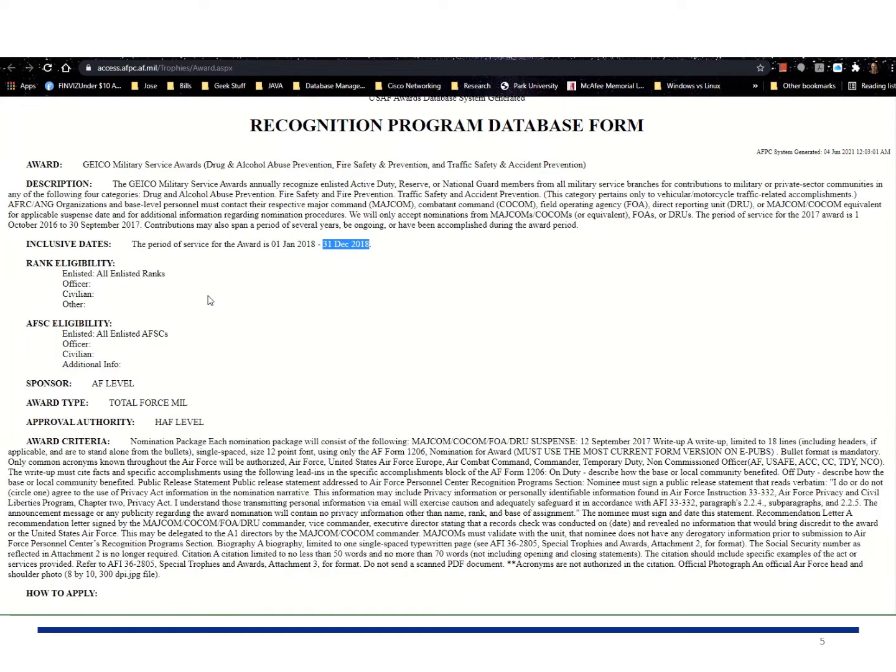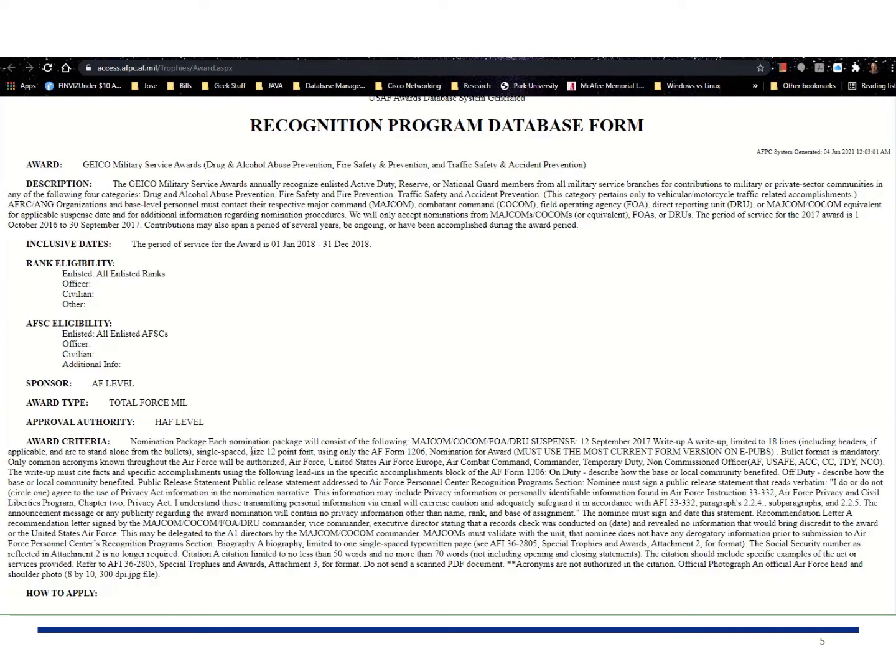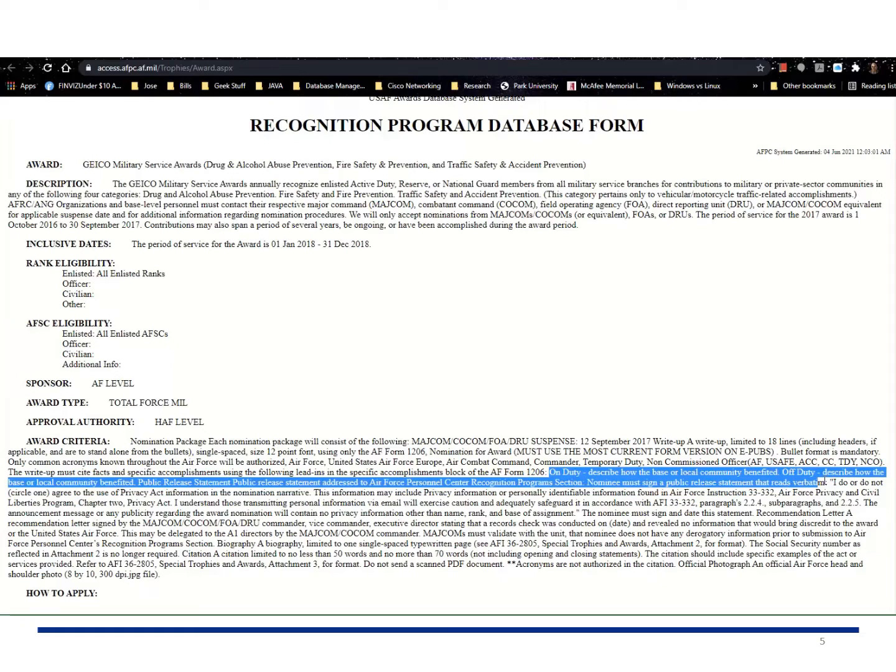What's cool about this, once it opens up and you click on the open button, is you're going to be able to see the service period for the award and then the criteria for the award, including font size, what form it needs to be submitted on, and more importantly, what the requirements are.